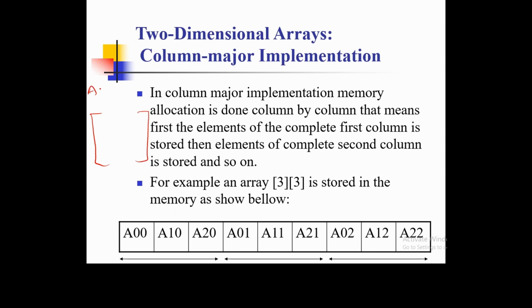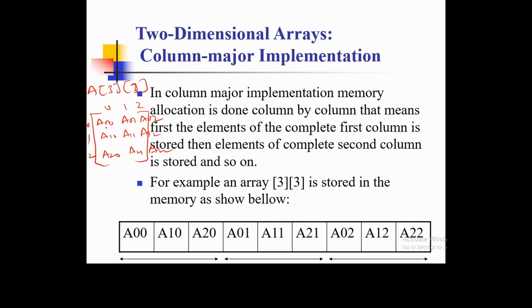हमारे पास एक array है, we are having an array of 3 cross 3 size. Okay, it is 0 1 2, it is 0 1 2. So this will be a00, a01, a02, a10, a11, a12, a20, a21, a22. Okay, so the row major order, देखो ये sequence था, first three elements ये थे 0 0, 0 1, 0